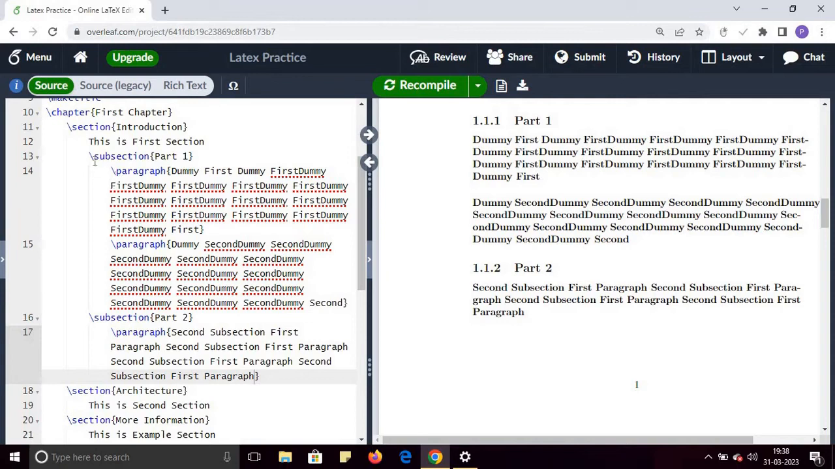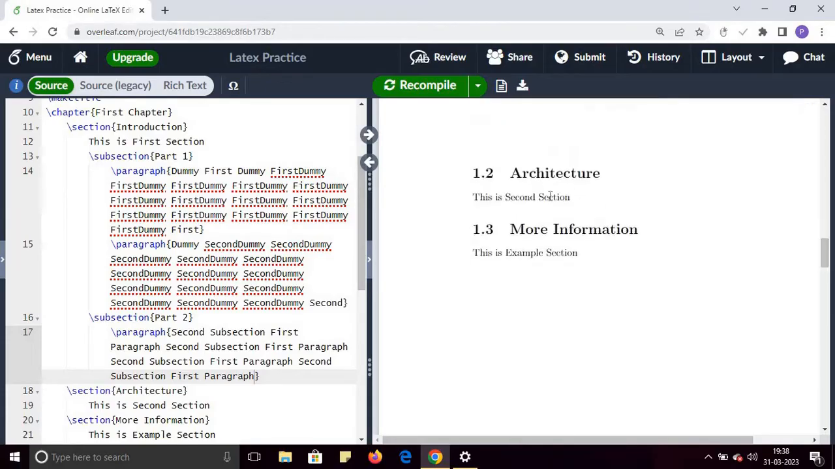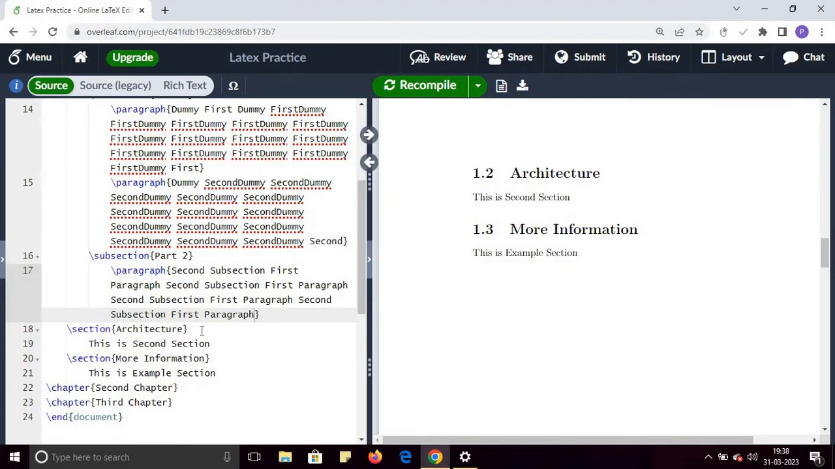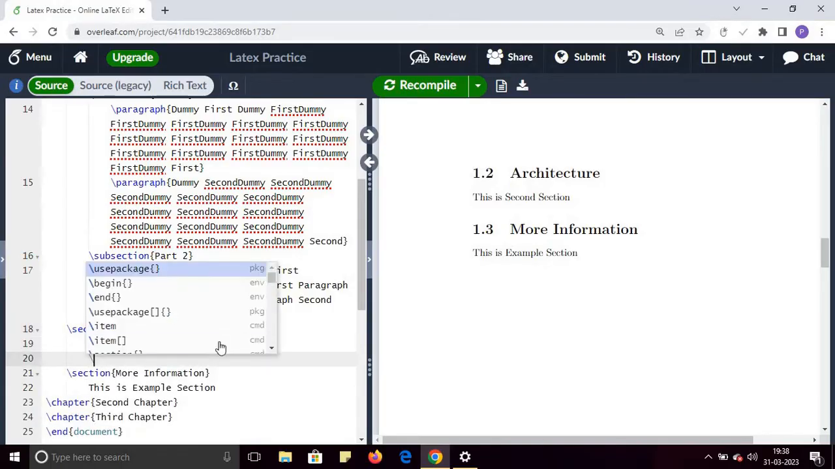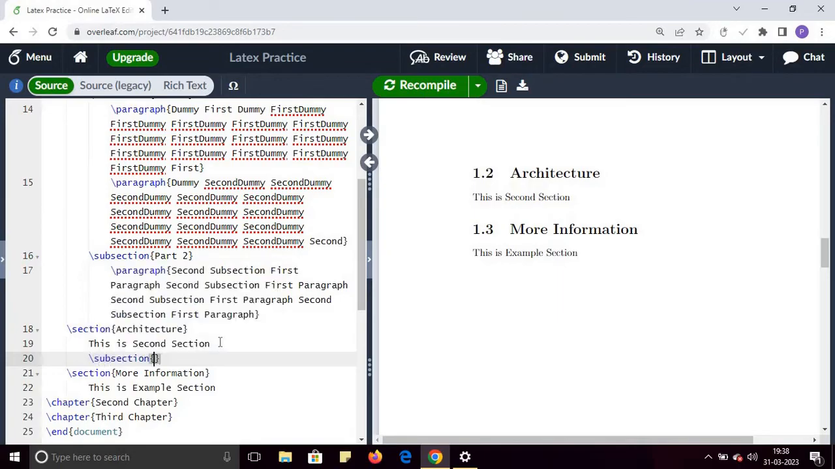So this is how you can create a subsection. See the hierarchy: chapter, then section, then subsection, then paragraph. Now let's move to another section, that is this one, 1.2 Architecture. In this section of architecture I want to create a subsection, and here you can simply write